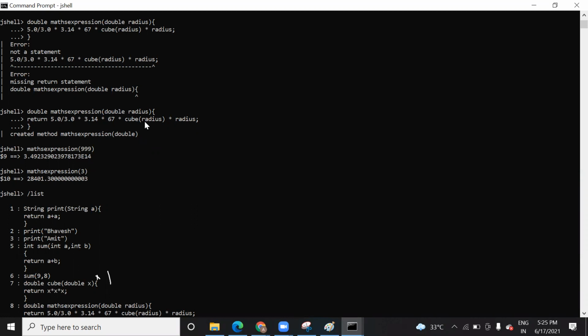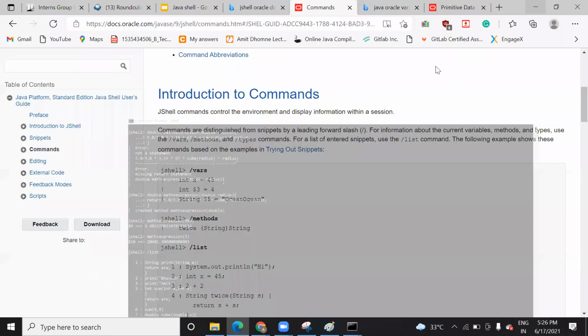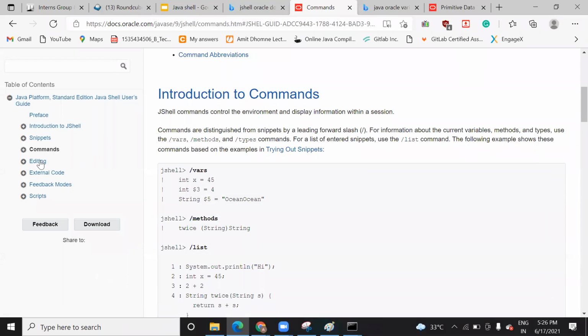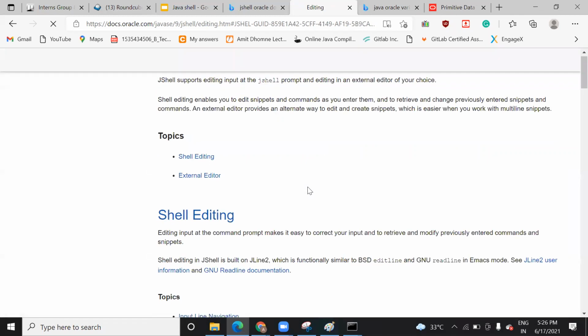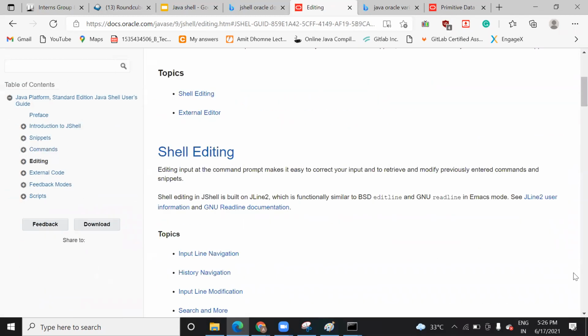Once you start keeping the habit of running on a JShell, you will get more familiar with the Linux command, and you will get habituated to working with Linux or the command prompt. The command prompt is based on the DOS operating system, and that will give you an idea of how you can run step by step, or element-wise Java code. It's very simple, not difficult. Just follow this Oracle document on command editing and external code, so you will learn what those different commands are.